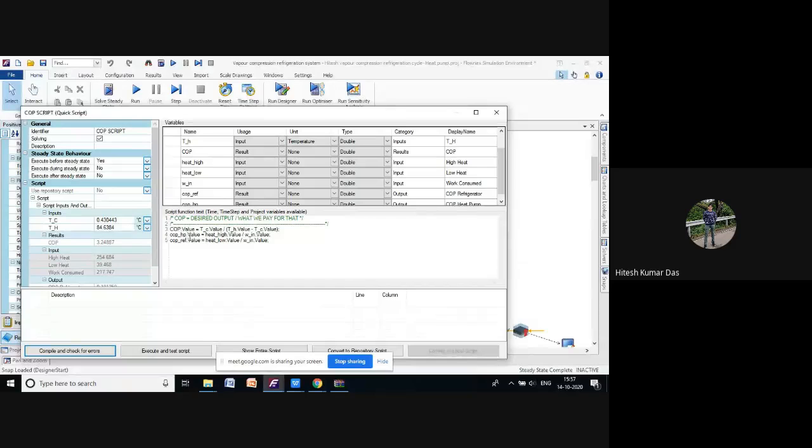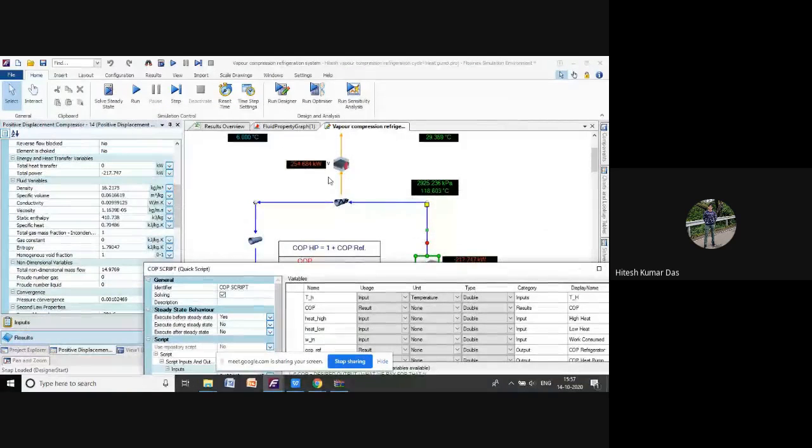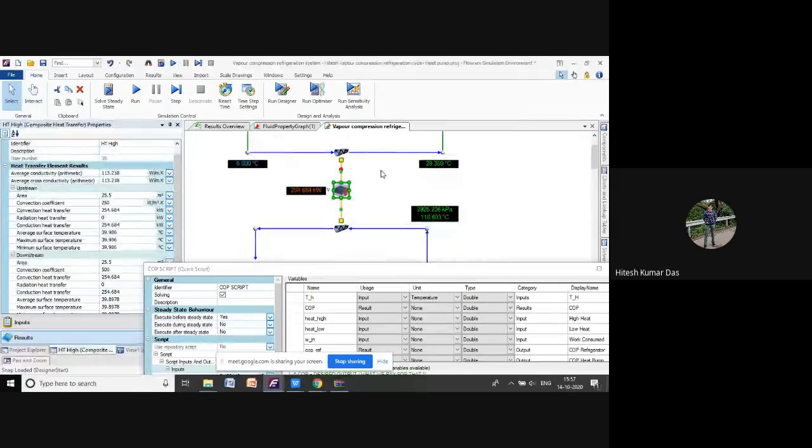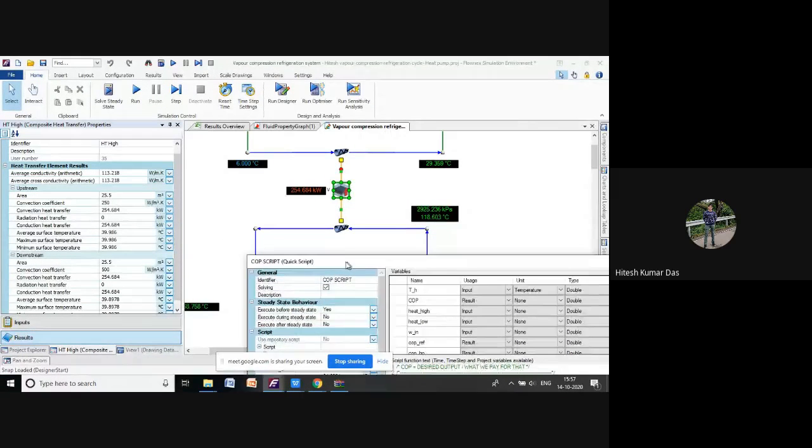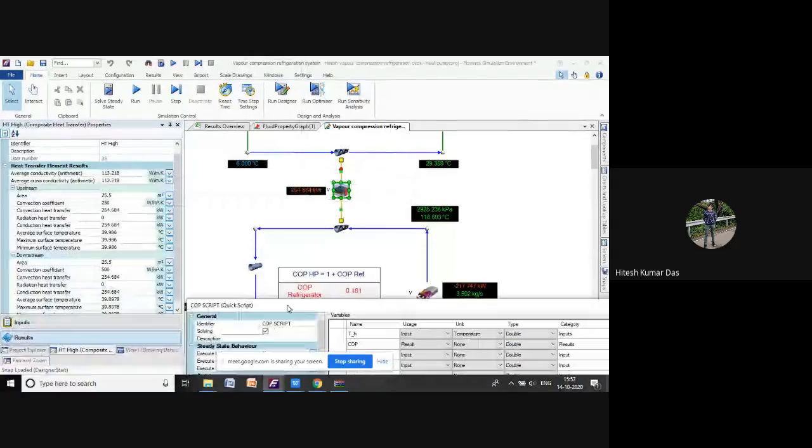For the heat pump, we just need to divide this high heat value, which is happening in this condenser, 254.684 kilowatt. You can see it in the result tab, conduction and convection heat transfer in kilowatt. For the heat pump we need to divide this value